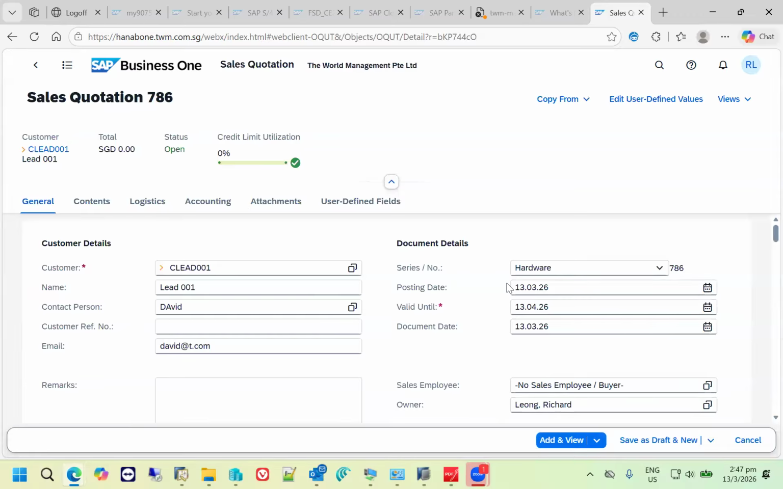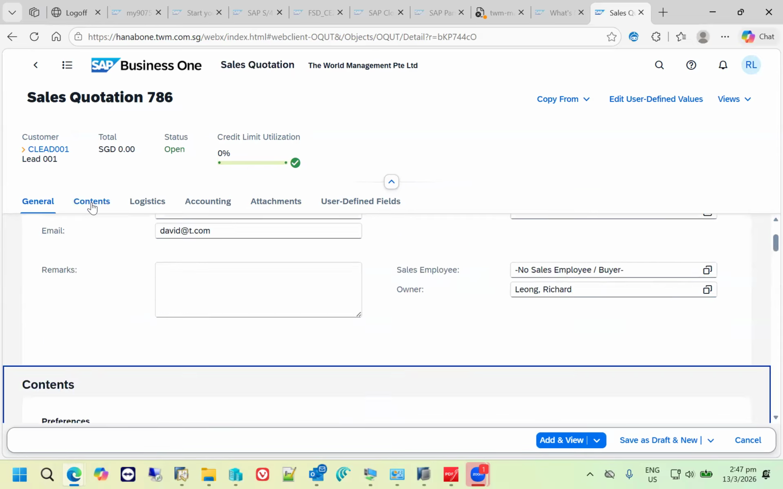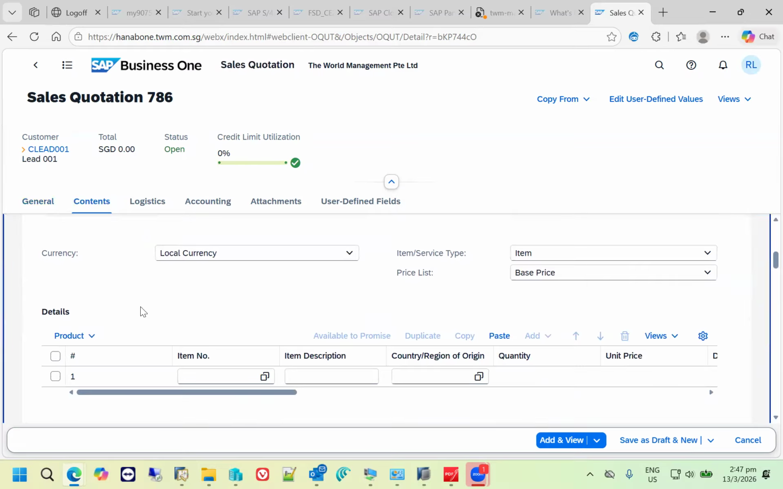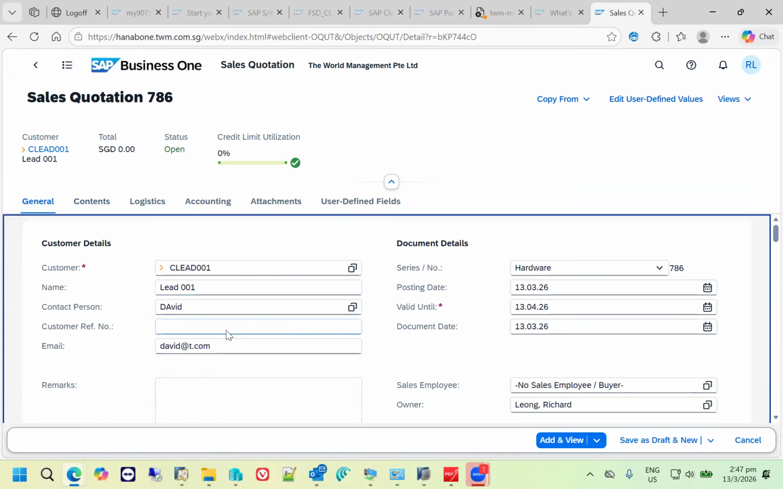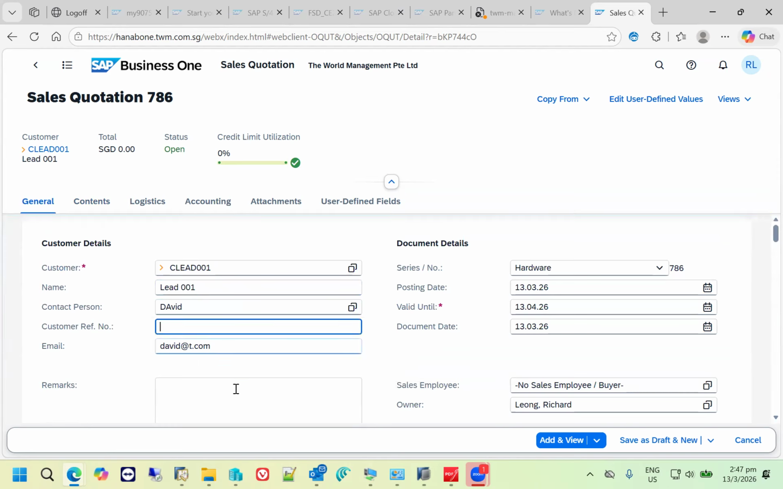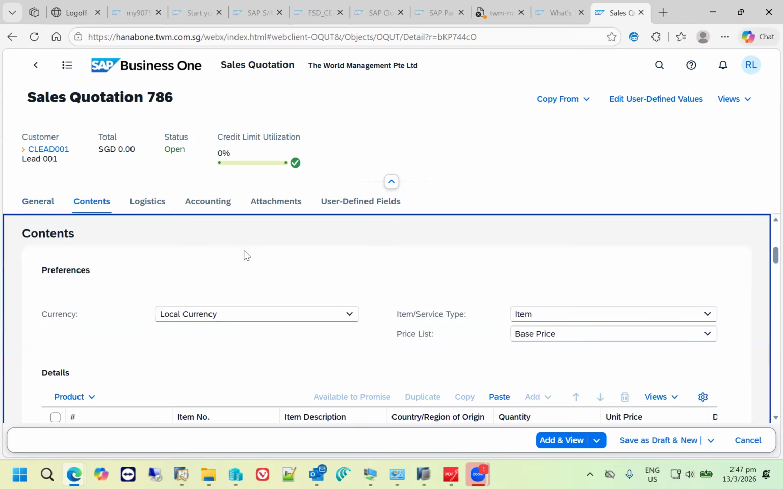System will bring me to the sales quotation creation screen. So from here, I will be able to browse to the content tab, where I can continue to add new items. And for those of you who have been using SAP Business One to create a sales quotation, this will look familiar to you. It is in the same organization structure where you will key in the general information such as customer information, the reference number, the remarks, the dates,